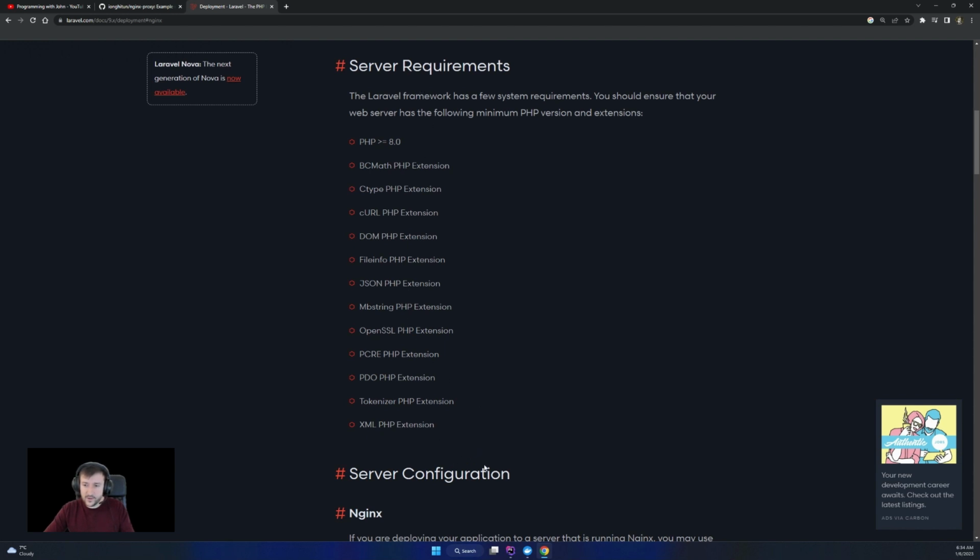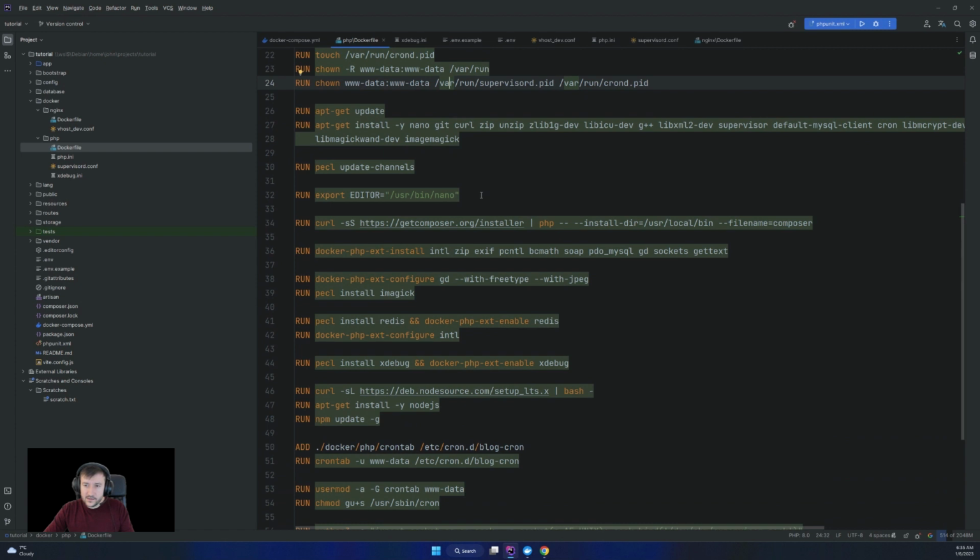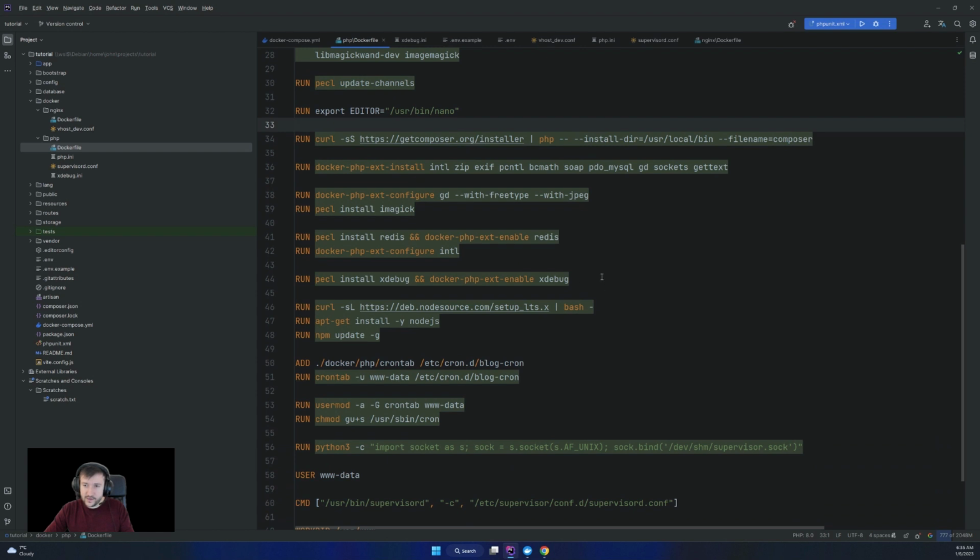So you can follow this and add all the necessary ones. Then the same editor, export it, install Composer, install some PHP extensions, install some image manipulation like Imagick, Redis, Xdebug, and enable the latest node.